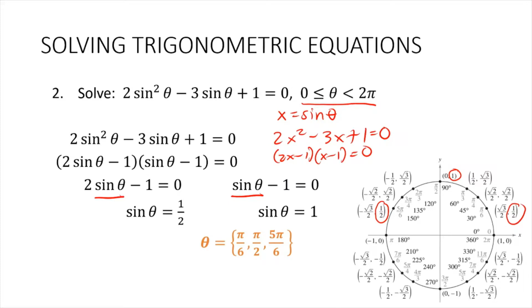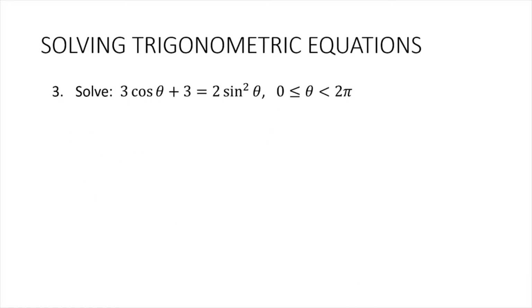Next problem, we have here 3 cosine theta plus 3 equals 2 sine squared theta for theta greater than or equal to 0 but less than 2 pi. Okay. Now we have two trigo functions here, cosine theta and sine theta, and only one angle, which is angle theta. The first thing we need to do here is to transform or convert this equation into an equation involving